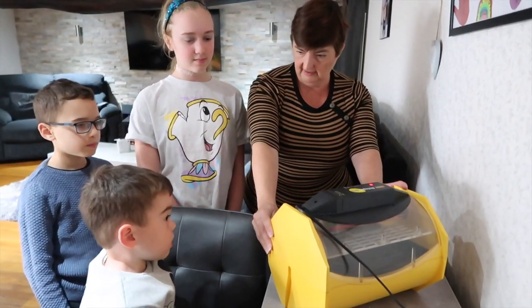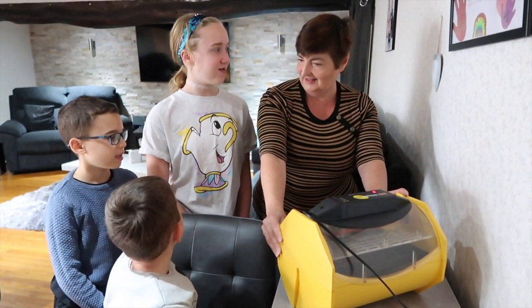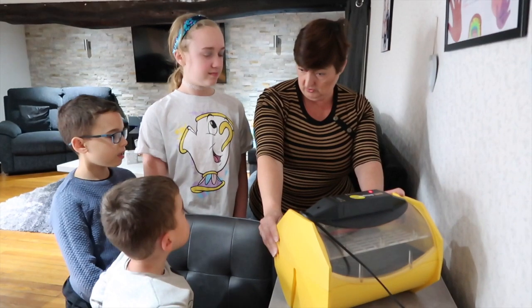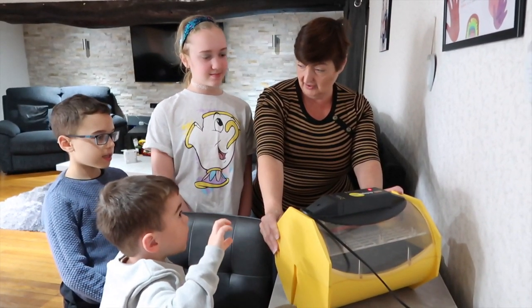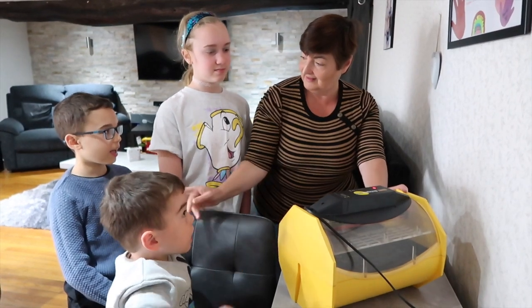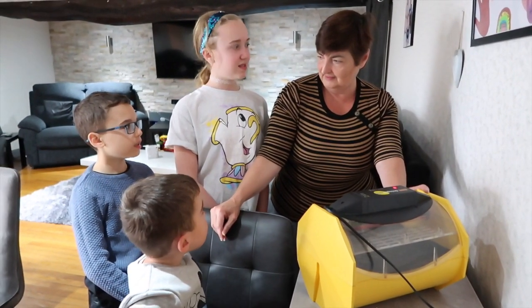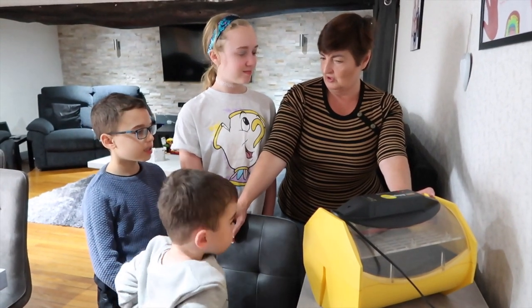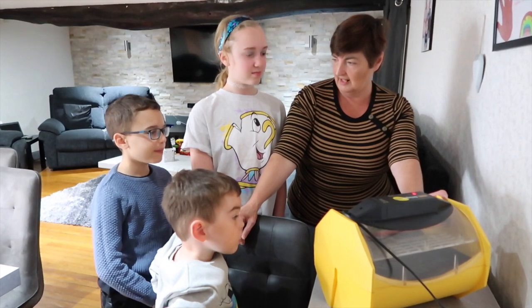This is our incubator. What does an incubator do? It heats up the eggs so they grow. It heats up the egg and it does what, Joseph? Hatches the egg. It hatches the eggs into ducklings. The mummy, the ducklings, and the eggs. That's a good answer, isn't it? So what does the mummy normally do? Sit on them. And what happens when she sits on the eggs? She warms them. She warms them and keeps them nice and